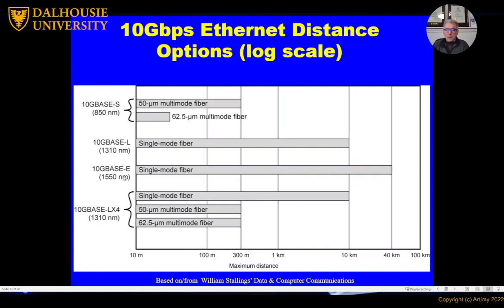And actually, the standard specifies L and E, so L gives you up to 10-kilometer distance, E gives you 40-kilometer distance. The industry actually has something that's not part of the standard, but nowadays you can buy equipment to propagate the Ethernet signal up to 100 kilometers. Right? It is possible to do that. To do that, you have to have a laser, right? So the fiber in general needs to have a laser. So just so that you are aware of it,